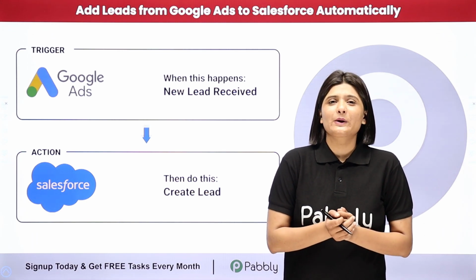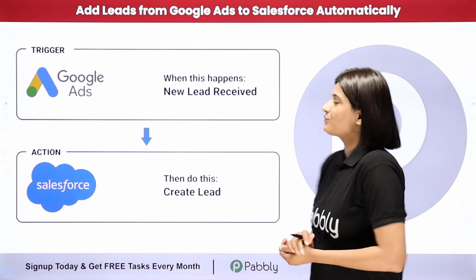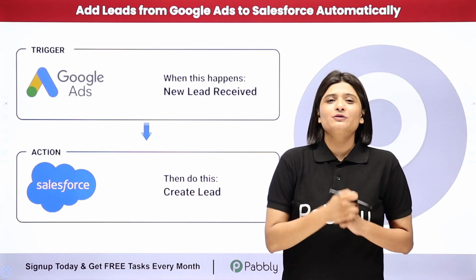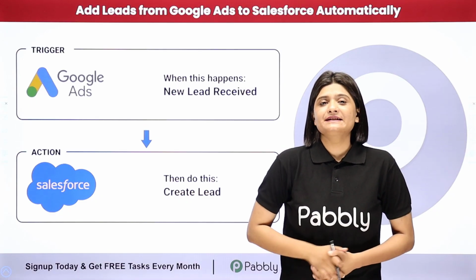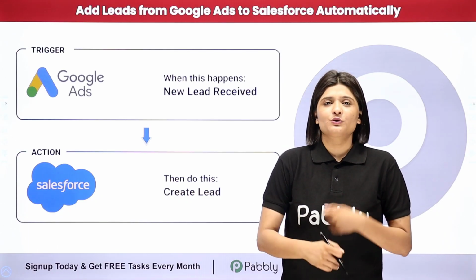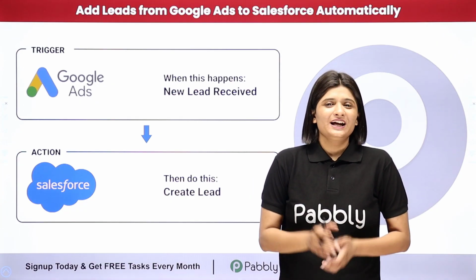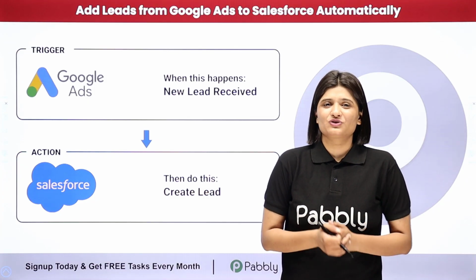In this video, we are going to learn how to add leads from Google Ads to Salesforce automatically. So let's suppose I'm running a business and with the help of Google Ads, I'm capturing all the leads. I want that whenever I receive a new lead in Google Ads, automatically this should be created as a lead in my Salesforce account. Now doing this manually will consume a lot of time, so I've completely automated this process,